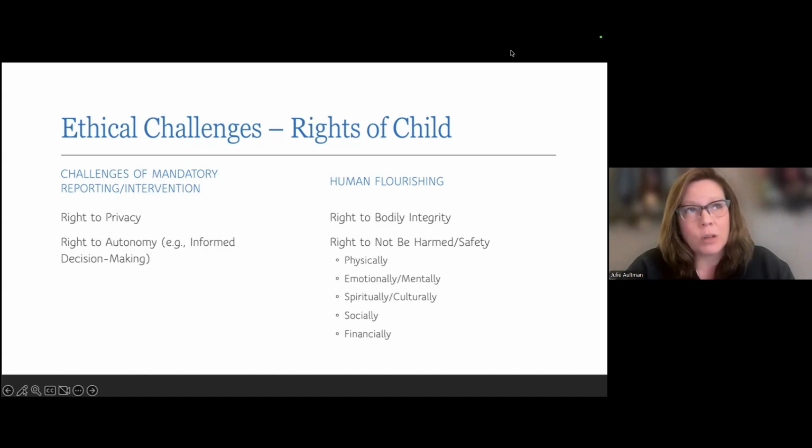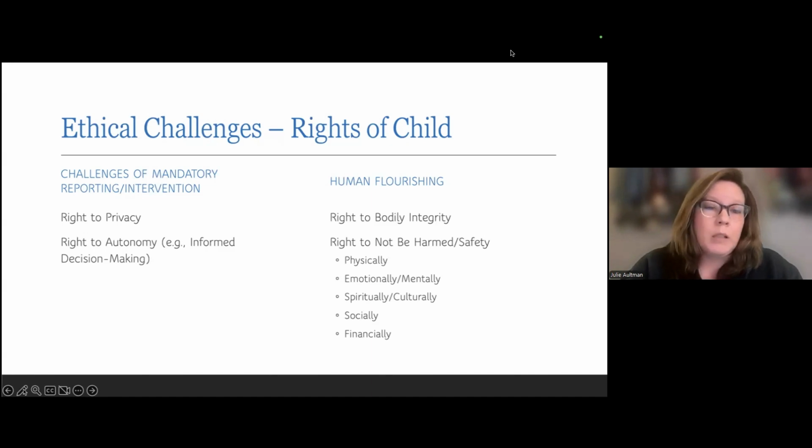trusting relationship. In conversations that I've had with more of the adolescent teenage victims of abuse and neglect, or suspected victims of abuse and neglect, having those discussions openly and honestly about the limits of privacy, that these are limits because of the need for not just the safety of the individual, but then public safety, sibling safety, and even parental safety in many cases. I talk about the rights of autonomy and informed decision making.